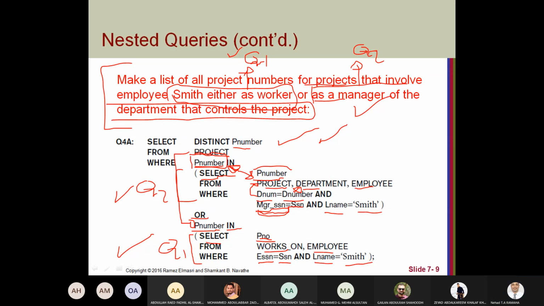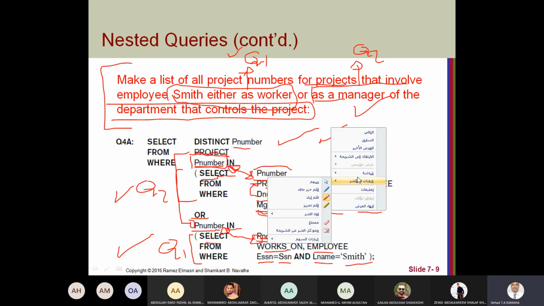So the inner subquery should return values compatible with the compared value here: the same data type and the same domain. Okay.